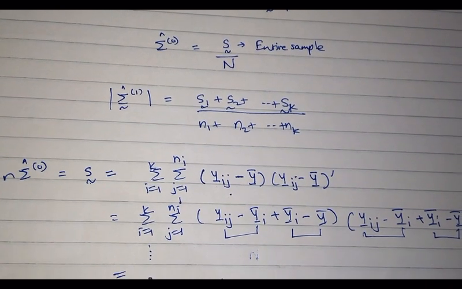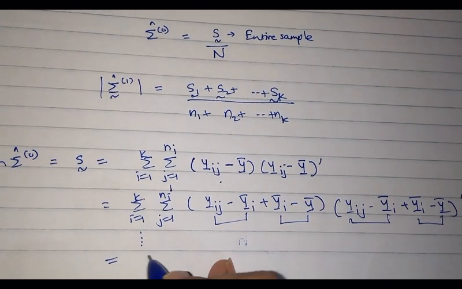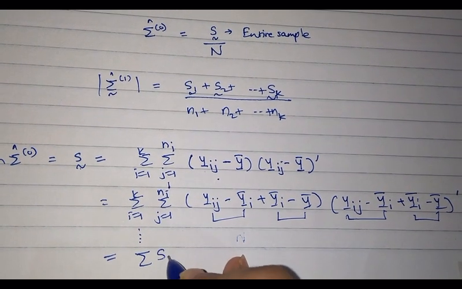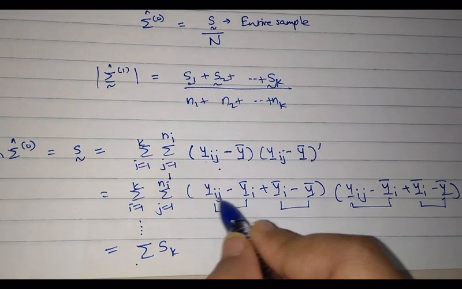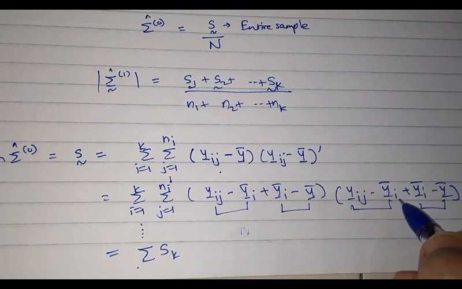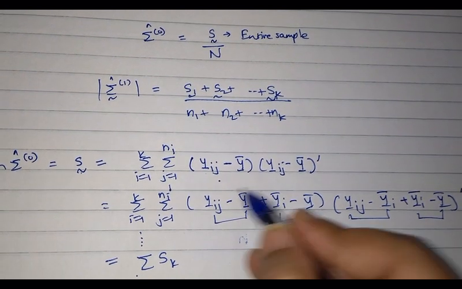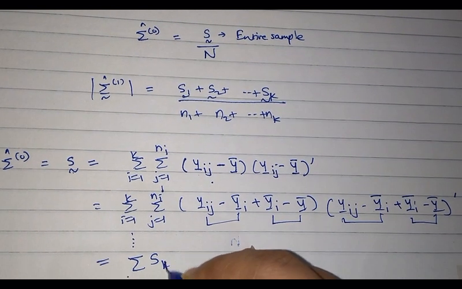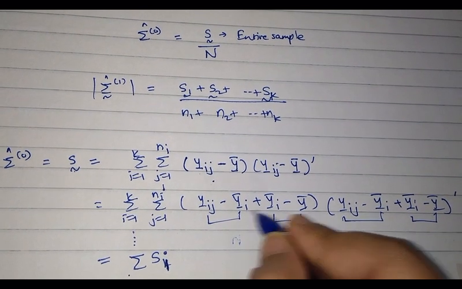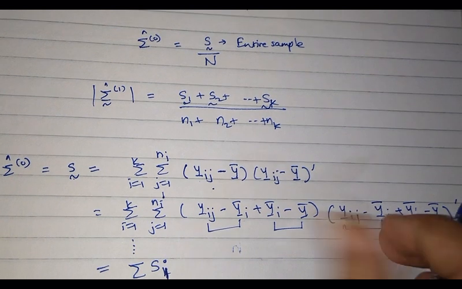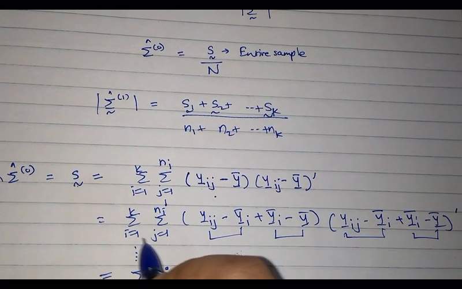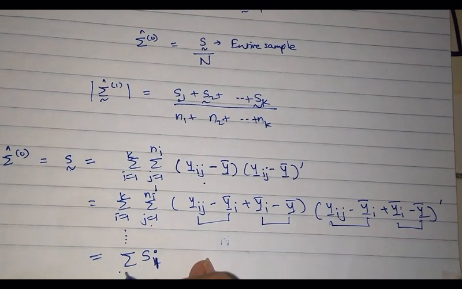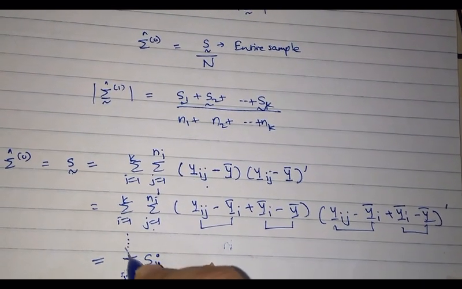You are left with the summation of (Yij minus Yi bar)(Yij minus Yi bar)prime, that is Si. This is nothing but the CSSP matrix for the ith population when you take the sum over j. So this is the summation of Si, i going from 1 to k,